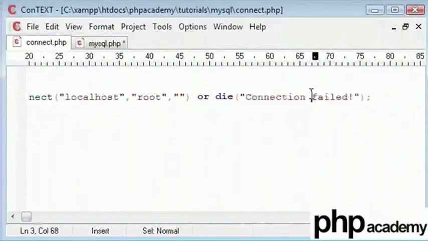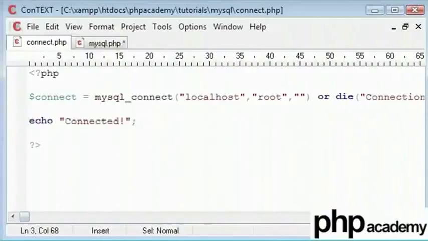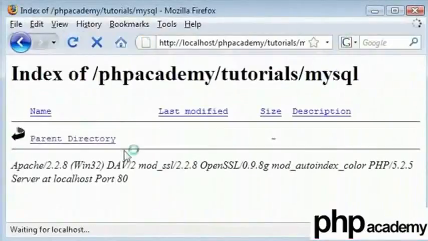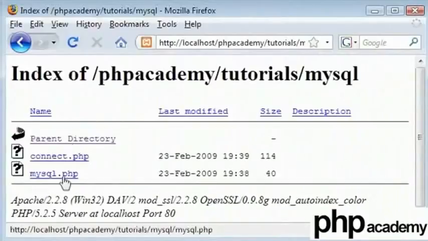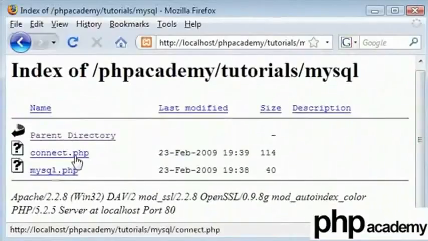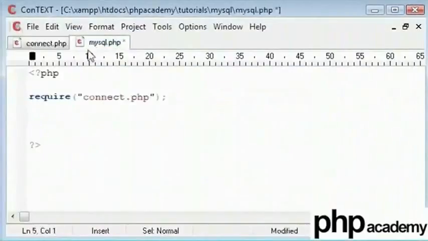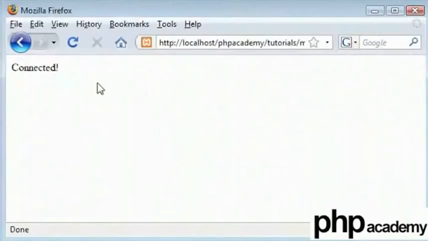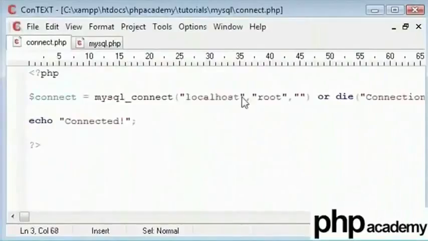So what I will do is open the backup here, refresh, and you can see connect.php and mysql.php, and I'll click on mysql.php. The reason I'm not clicking connect is because inside mysql.php we require connect.php anyway. So as long as these both are saved, we can just run mysql.php.